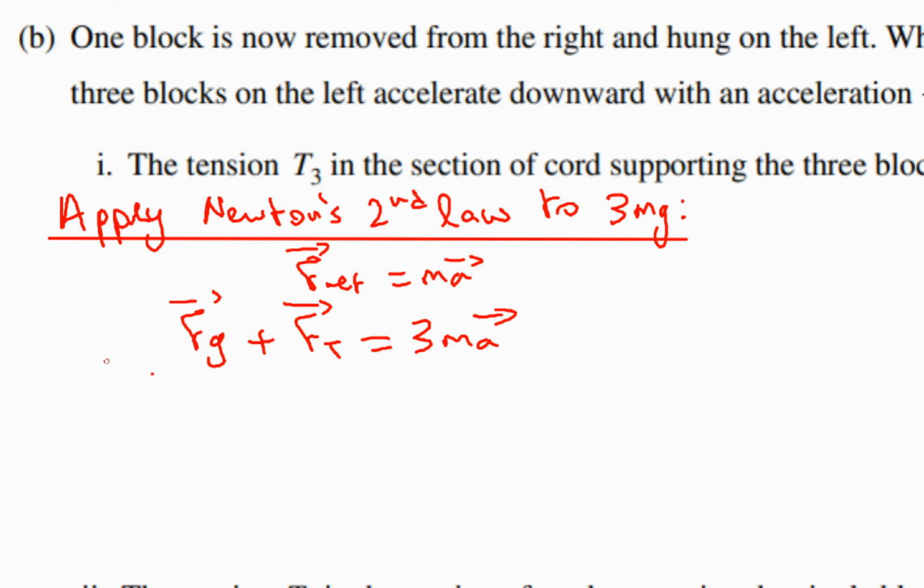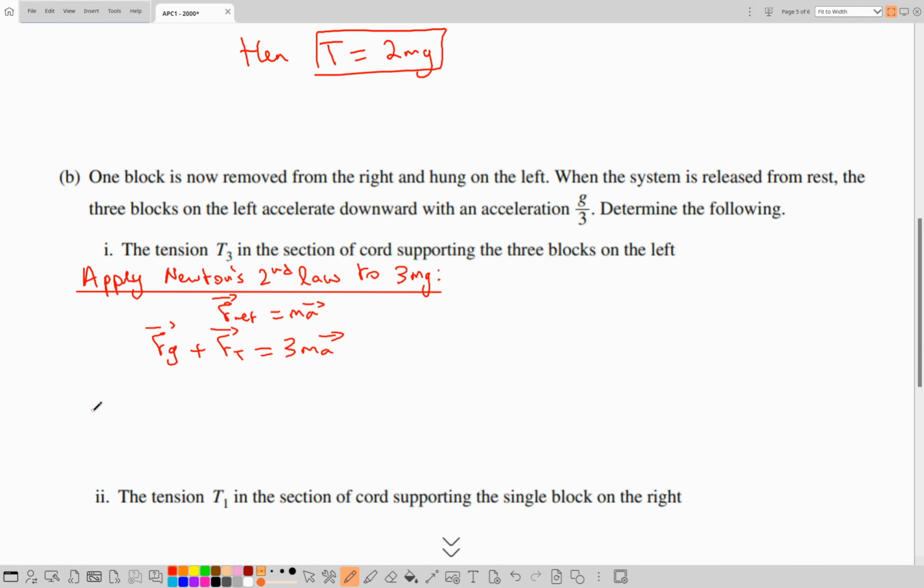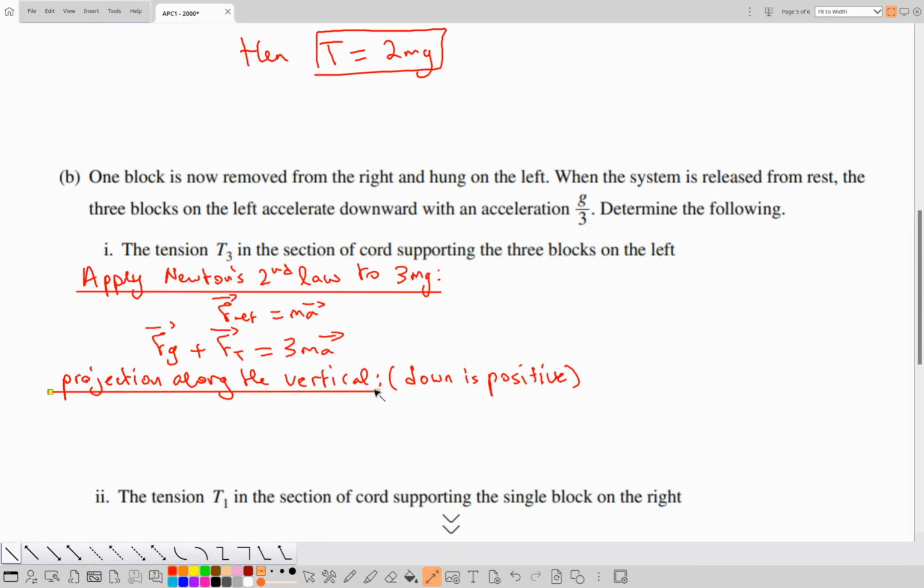Remember that this is a vector equation that gives birth to two linear equations. We're interested only along the vertical, so projection along the vertical. And remember that because the 3m block is falling down, we will consider down to be positive. Down is positive. So in this case we have 3mg